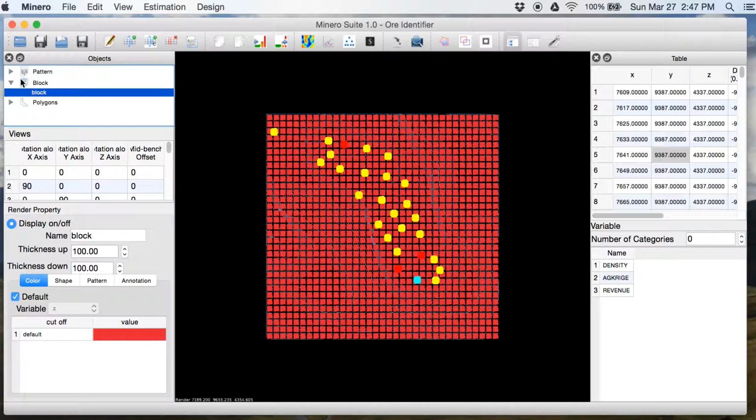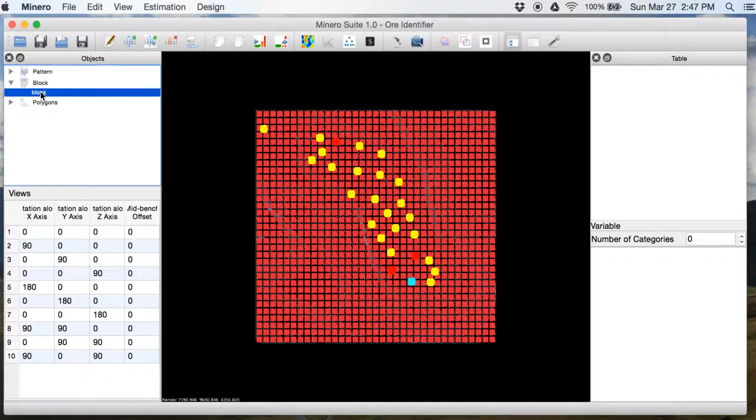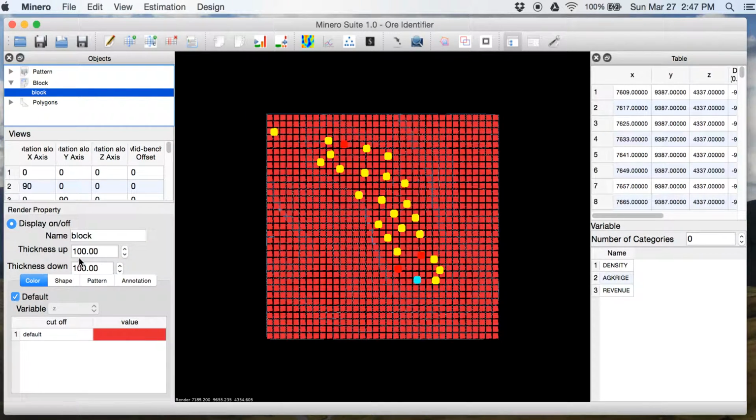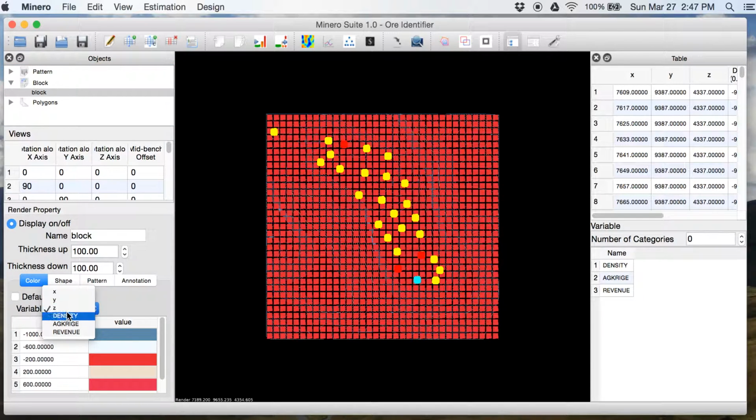So now that we have the block model, we can use this Silver Creek.